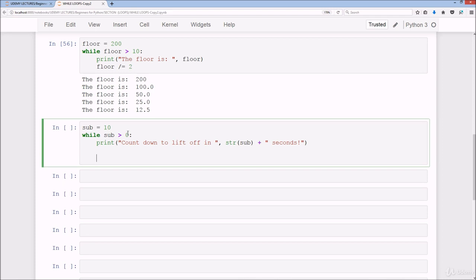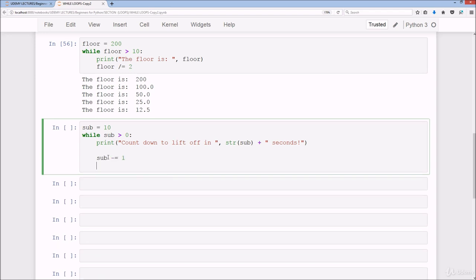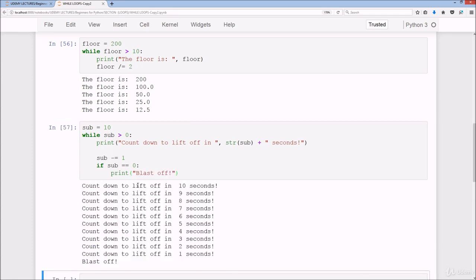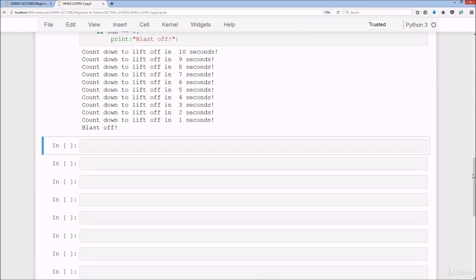and of course we have to keep the most important line within the while loop, so it's going to be minus equals 1. If sub is equal to 0, colon, print blast off. As you can see here, countdown to lift off in 10 seconds all the way down to 1 second, and then blast off. Okay, so moving on from that,